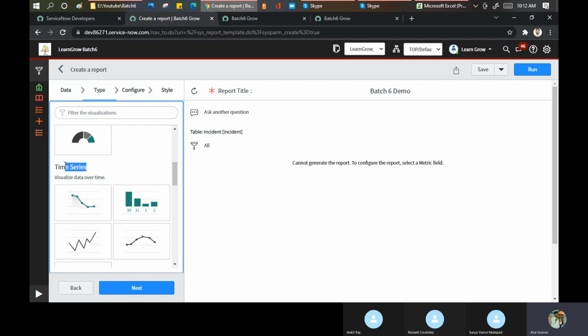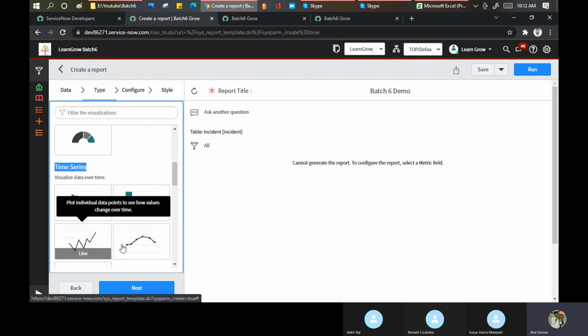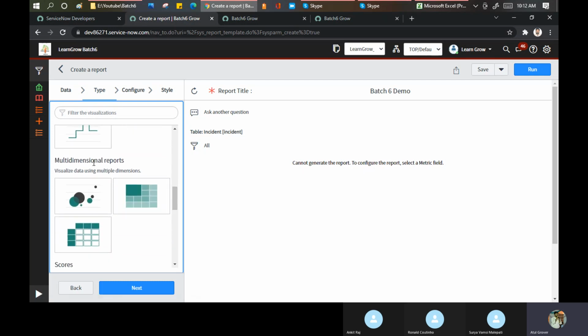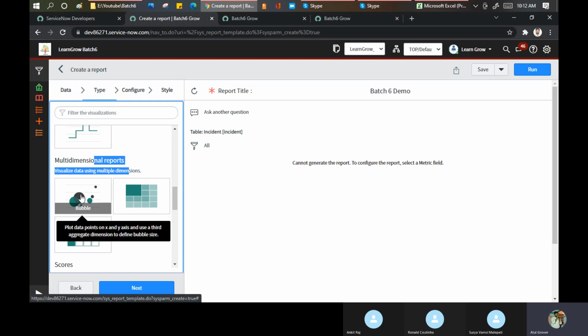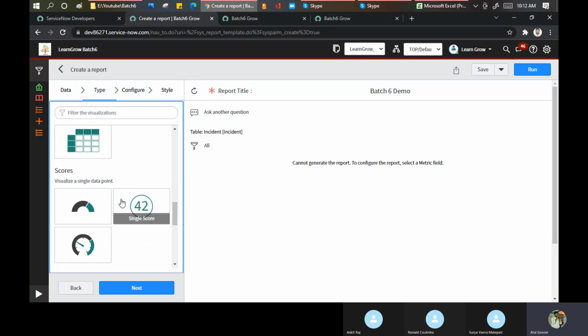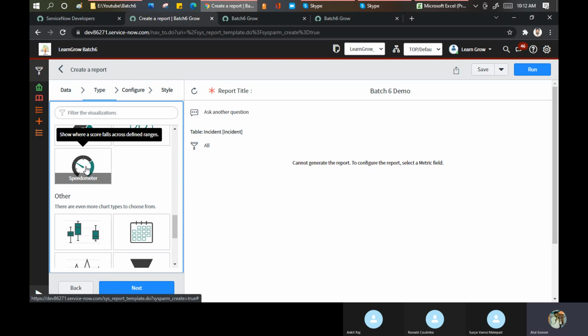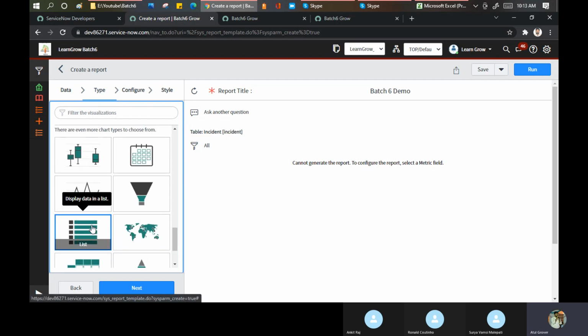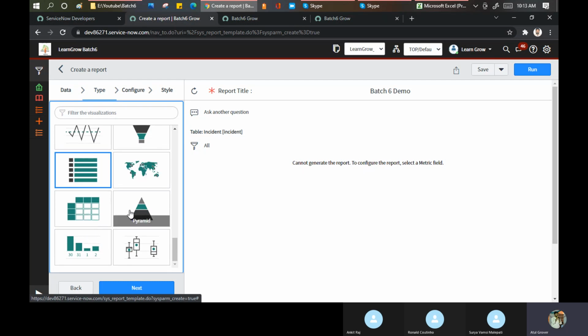Then you can see the time series: area, columns, lines, spline, multi-dimensional report, bubbles, heat map, or pivot table. And there is a multi-pivot table. Scores, these things, speedometer kind of things, and others. Funnel, map, list view, simple pivot, pyramid.